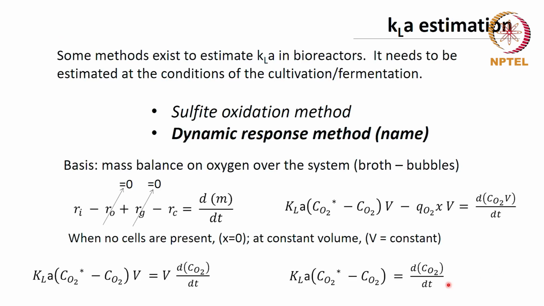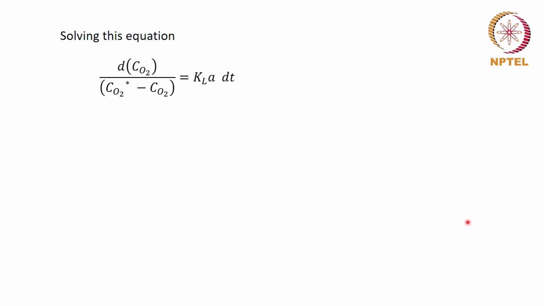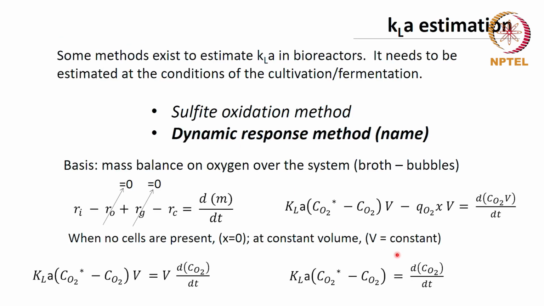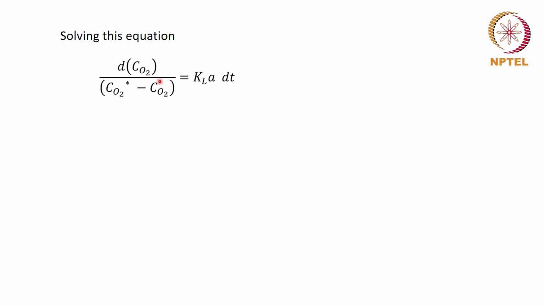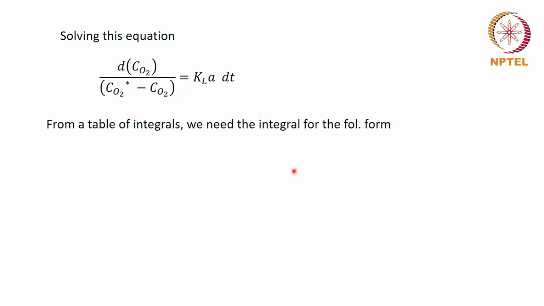If you solve this equation, right, this is a differential equation, right? If you solve this equation with an initial condition, of course, you get dCO2. This is a log term here. Recall dCO2. You need to take concentrations to one side. So you have 1 by (CO2 star minus CO2) dCO2. So the log term arises because of this. And this is straightforward KLA dt. So a t term comes here. So dCO2 over (CO2 star minus CO2) equals KLA dt.